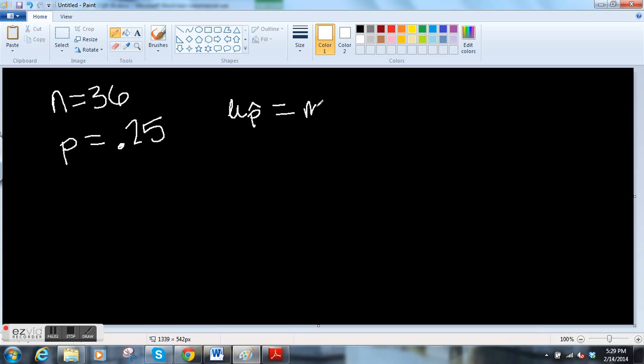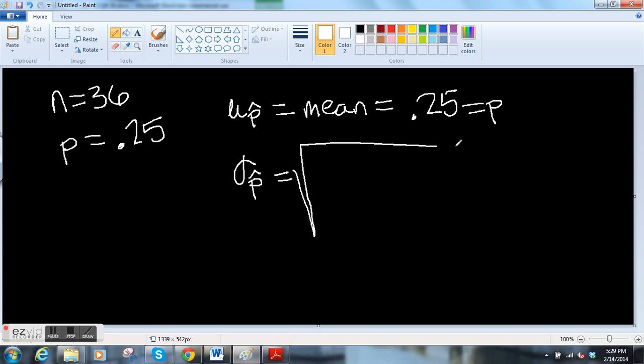So that's what this looks like. This is going to be the mean of the sampling distribution. And the rule from this section, 7.3, says the mean is just the population proportion, 0.25. So the average percentage is 0.25. And remember, p is a proportion, so the averages and standard deviations are always going to be these decimal numbers. So the average is 0.25, and the standard deviation of p hat is going to be, here's the formula,